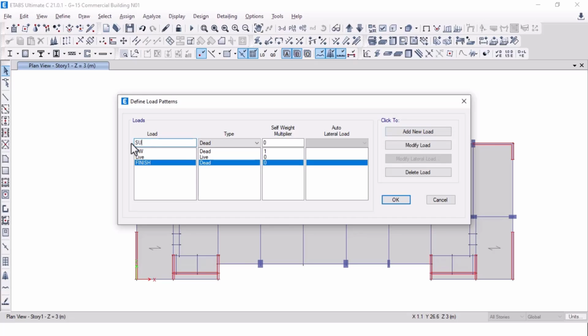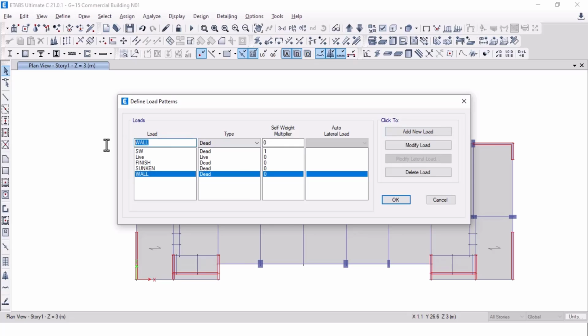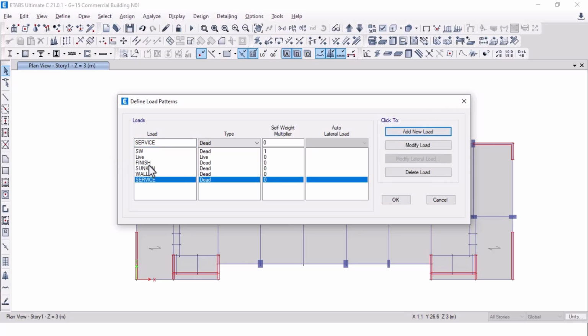Then it should be sunken, then it should be wall, then it should be service, then it should be live less than 3,